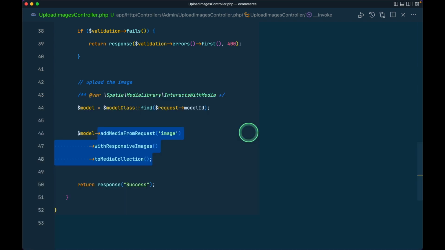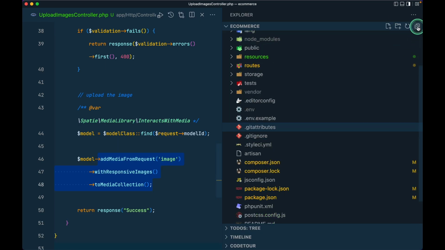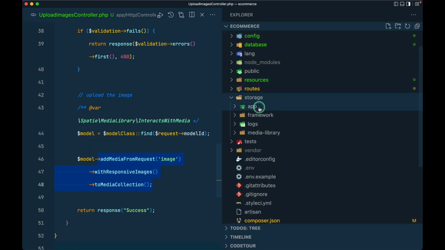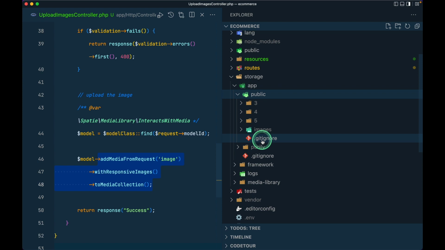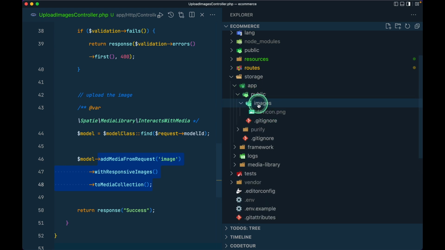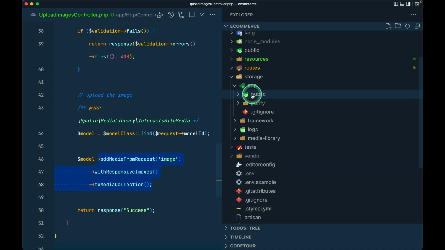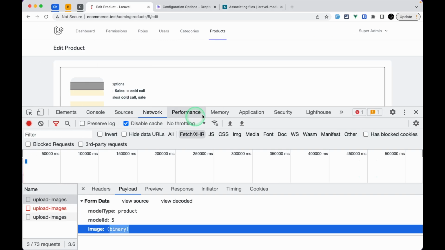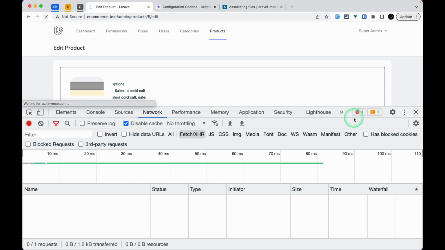So after this, if we just go here inside the storage app public, I have already tested other things, so it is showing me these things. So I'll just remove all these things from here, and it will be empty. This image was already present before, so don't worry about this. It will save all the images over here. Now we have done that. Let me come here and refresh the page,